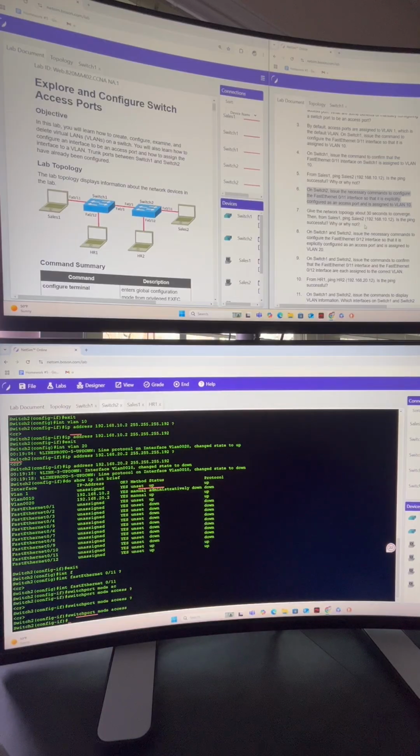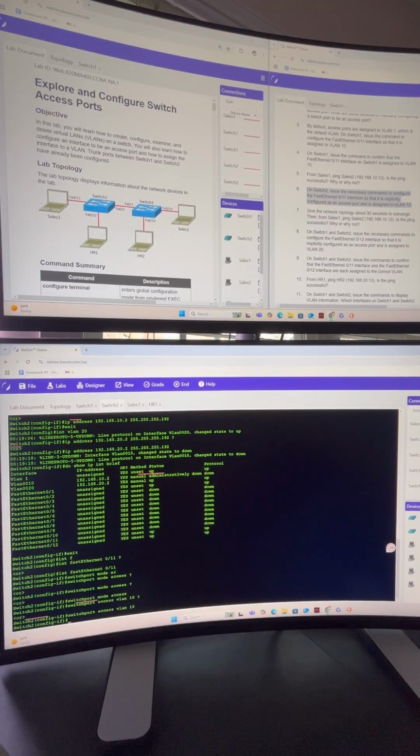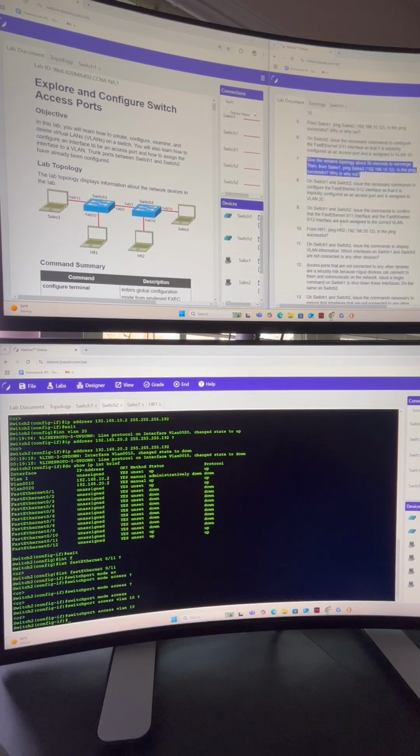All right, and let's do a switchport access VLAN 10. All right, now it says give the topology about 30 seconds to converge, and then from Sales 1 ping Sales 2. Is the ping successful? Why or why not? So this time the ping should be successful, but before we do that,